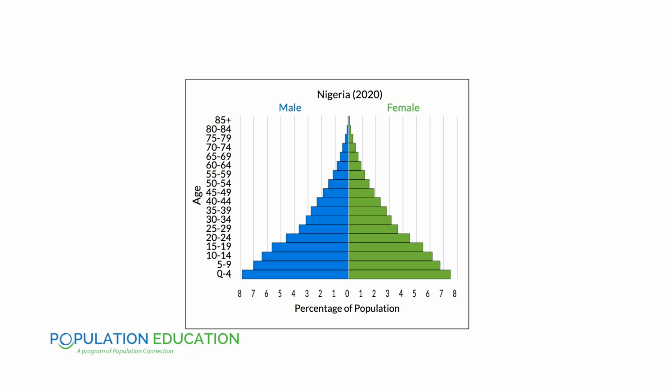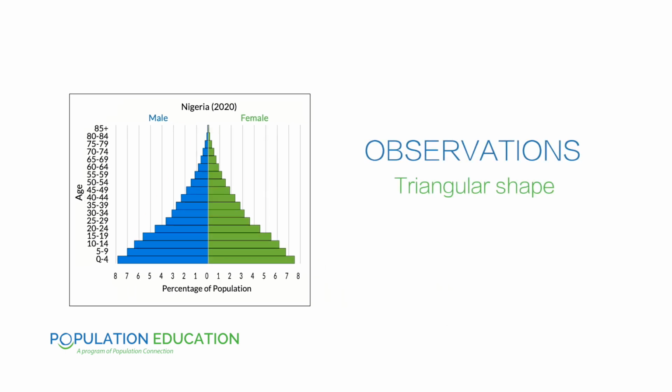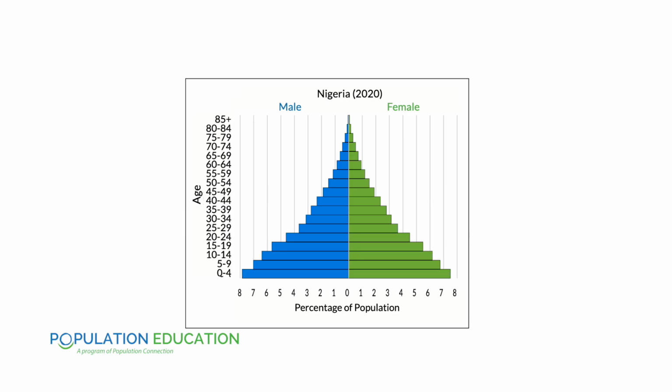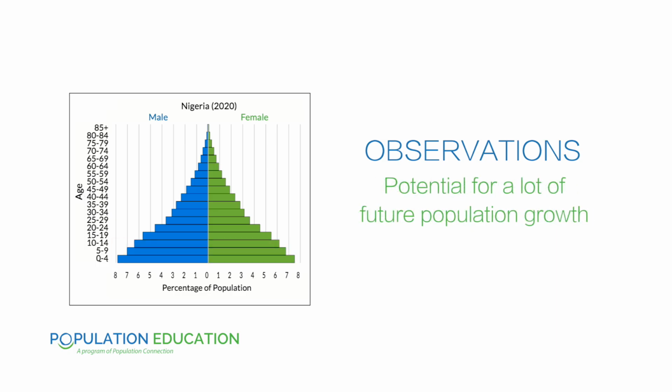Let's look at our population pyramid for Nigeria and see what information we can glean from the data. What I immediately notice is that it is triangular in shape. It's bottom heavy. This tells us that the population of Nigeria is disproportionately composed of young people. We can tell because the younger the cohort, the wider the bar is that represents their demographic. So a plurality of Nigeria's population has not yet reached reproductive maturity. So there is a lot of potential for future population growth once Nigeria's pre-reproductive cohort reaches their childbearing years.